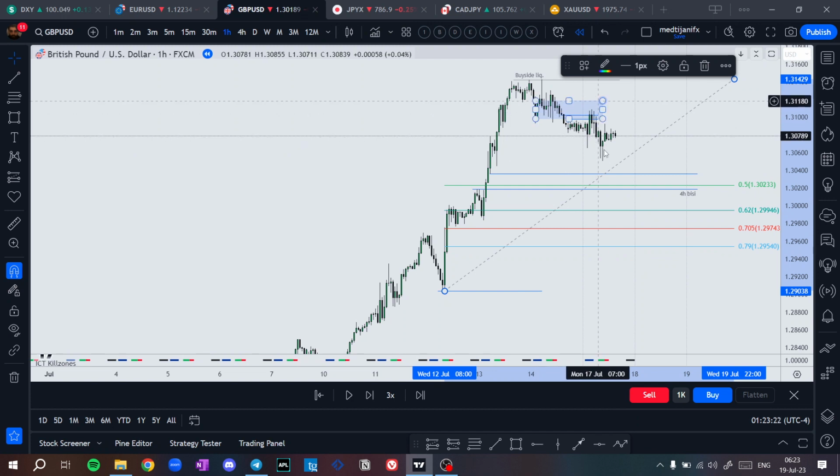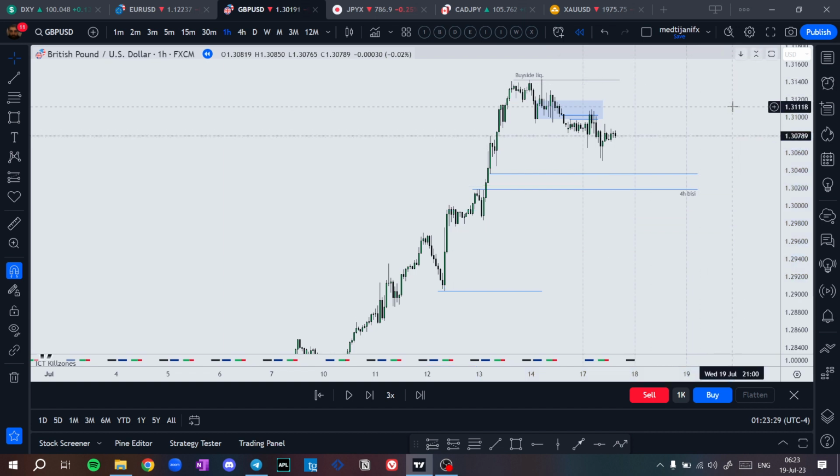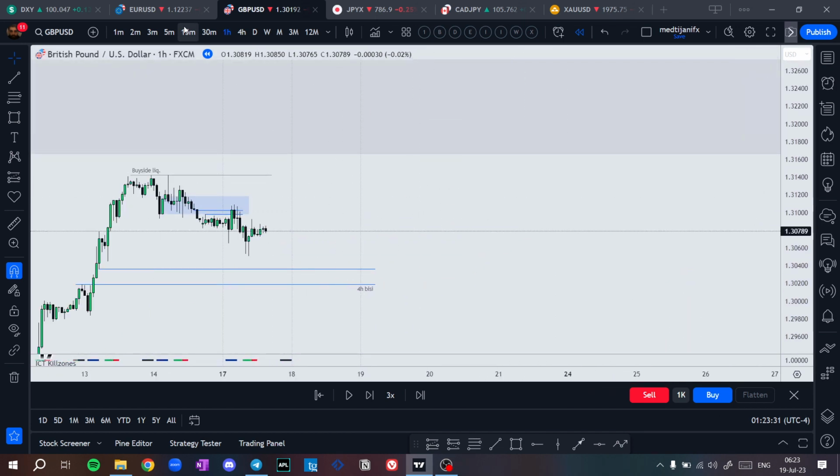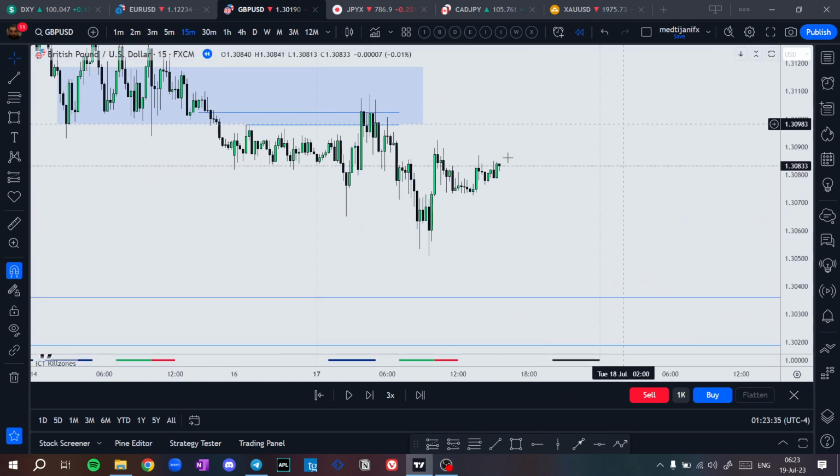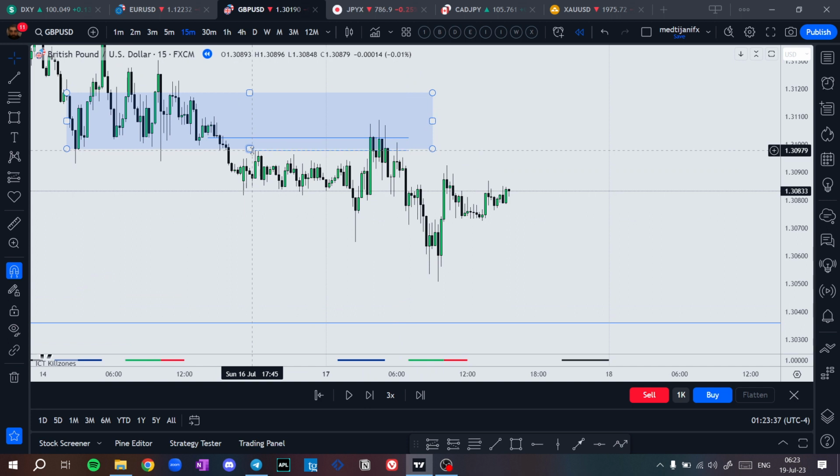I'm expecting price to drop to discount, filling this 4 hour FVG, then maybe a break of market structure higher, right? Then what we have, well, like I told you, price has taken Asian range high and London. We have London high of the day. Then we have a New York reversal,